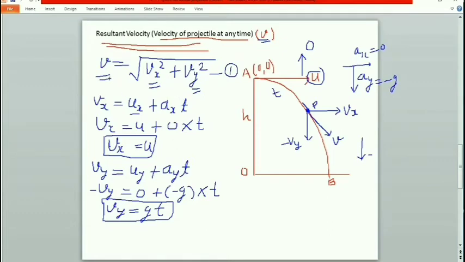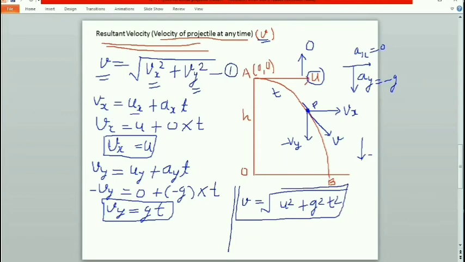Now what is the resultant velocity after t time? From equation number 1 you will get that v equals to root Vx square, meaning u square, plus Vy square, meaning g square t square. And this is our final velocity or resultant velocity of the projectile at any time t. So remember the